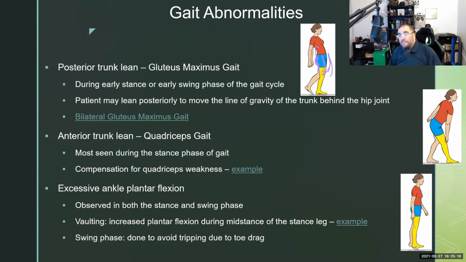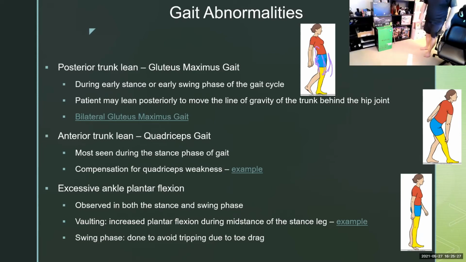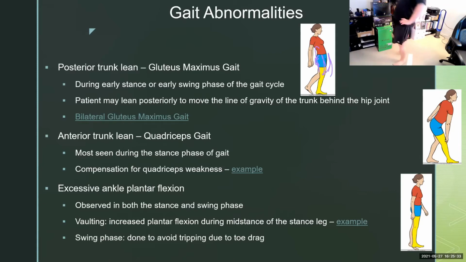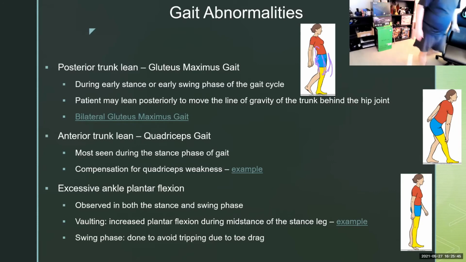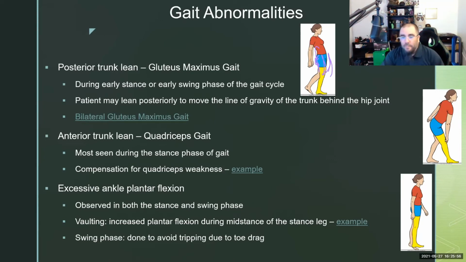In this case, when I've got posterior gait or posterior trunk lean, when I walk, right, so it's going to be during stance phase, I'm going to kind of lean back over that back of the leg. So again, when I walk, which does kind of look like the hustle, doesn't it, a little bit? You're right. So I'm leaning back when I'm in stance phase, dropping back, dropping back. So that's posterior trunk lean.